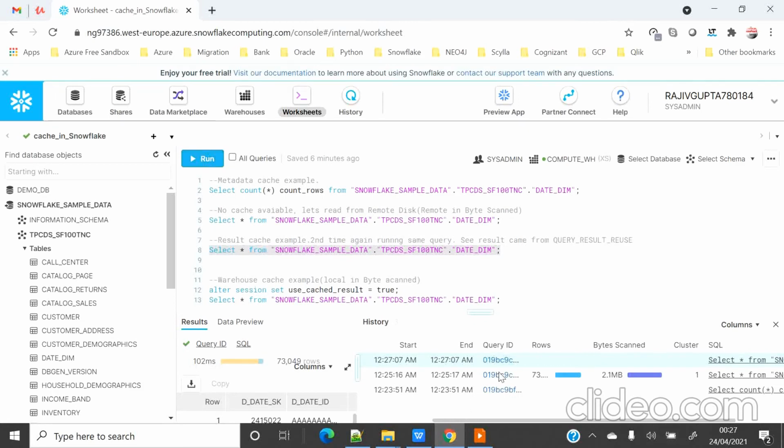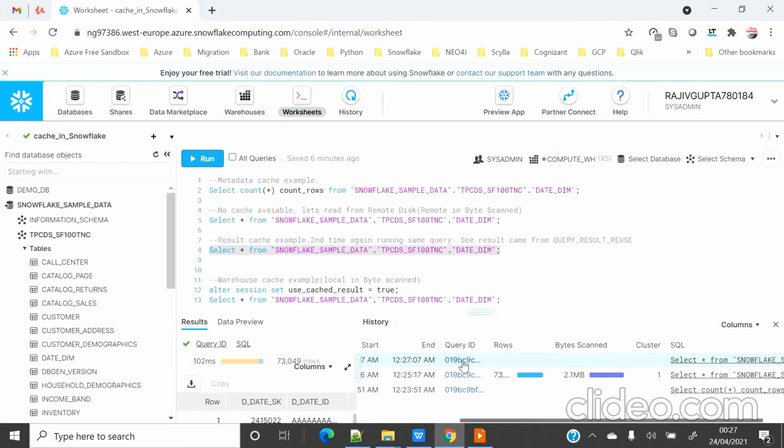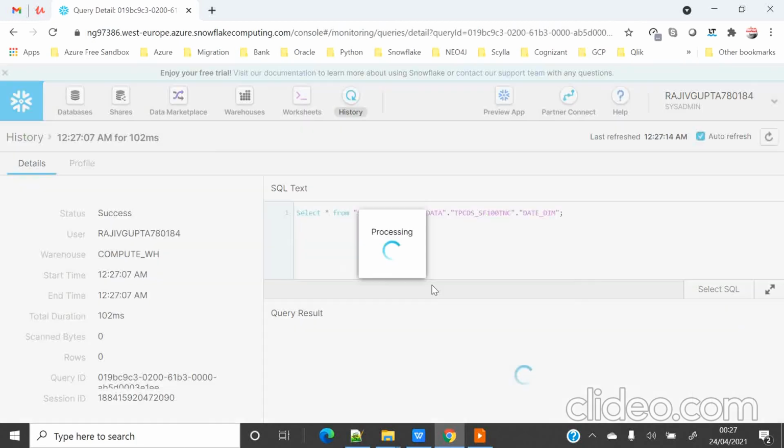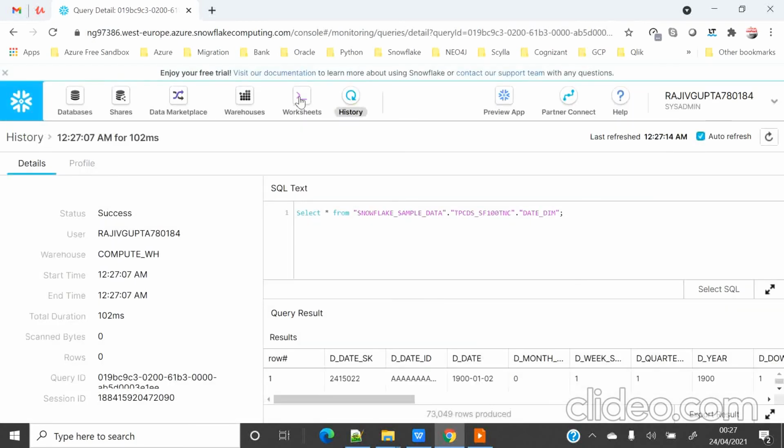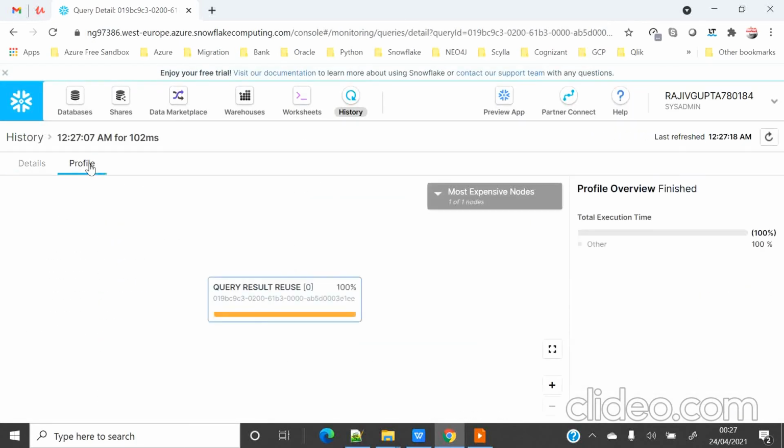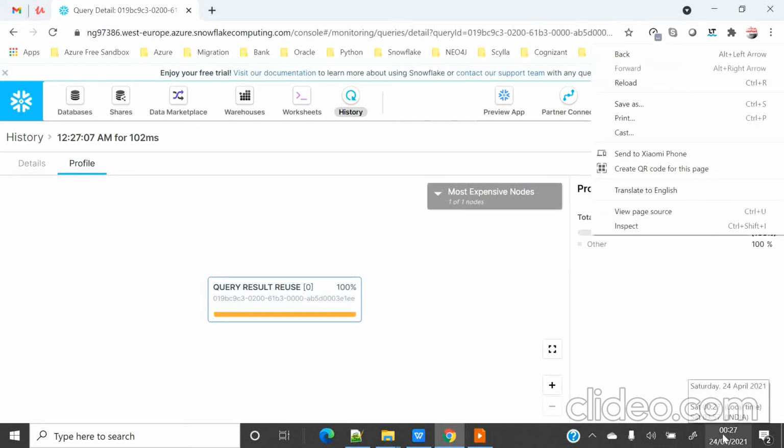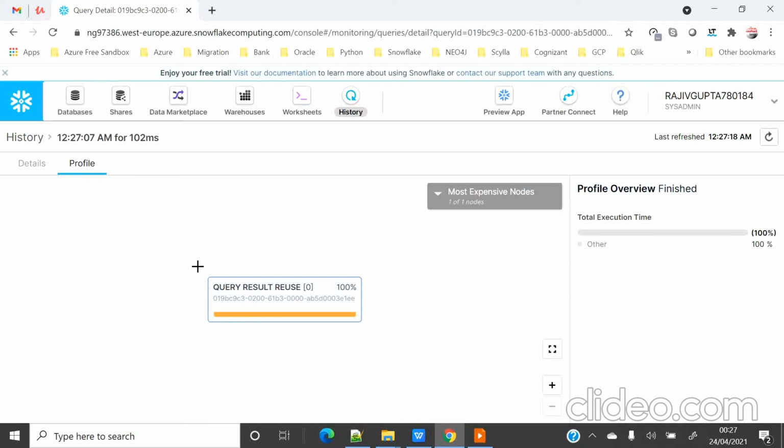See, if you go to the query history, let's go on the profile, we'll see that there was no action performed on this query execution, and it was directly fetched from the query result reuse, which means we have used the query cache.